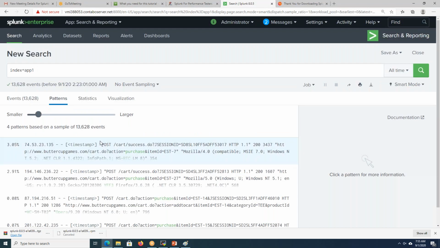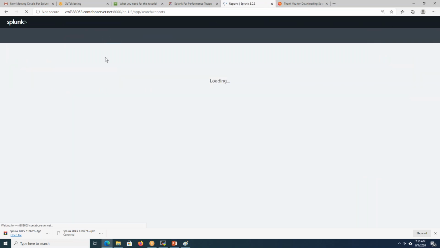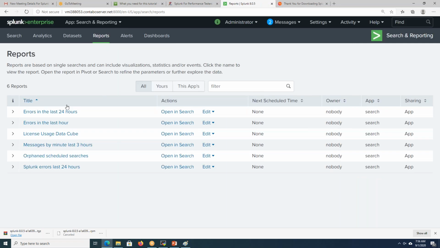Now we'll go to this UI. I have something called analytics, which I am not going to explain much because I have never used analytics and datasets. There is something called reports. Splunk provides reports. Let us assume you want to send a report on errors in the last 24 hours. We can schedule the reports so that a mail is sent to your inbox every 24 hours on the errors that happened. This is used by performance testers and support or ops people.